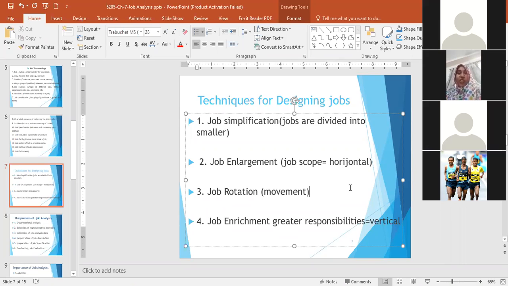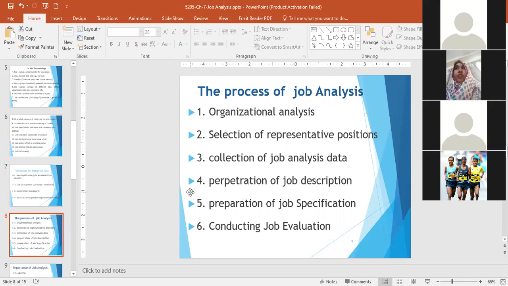This one is techniques of designing job, okay. So every institution has a human resource management division, right? Yes, ma'am. Okay, so next